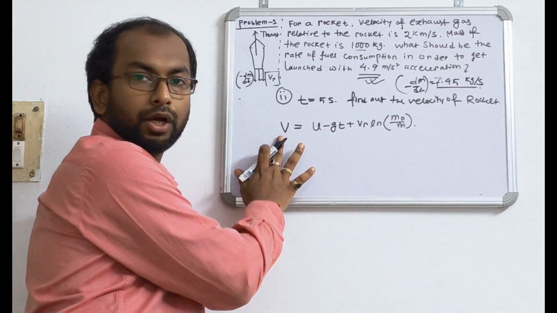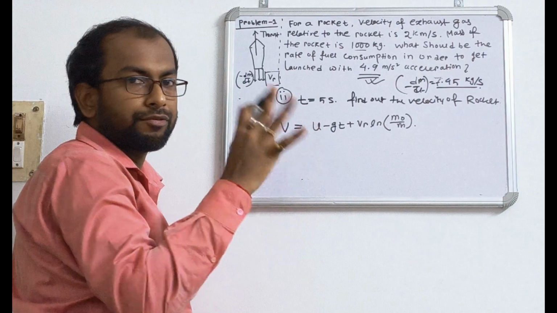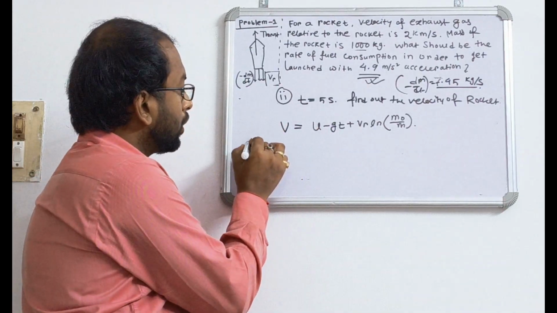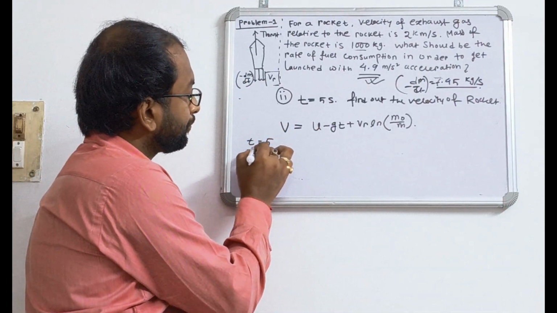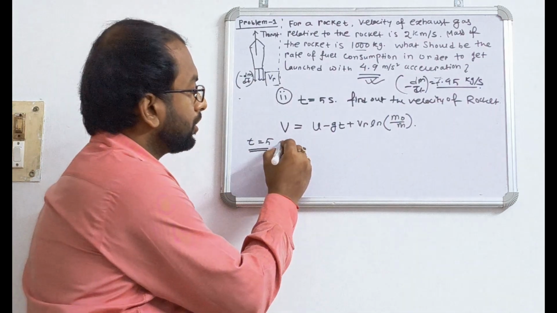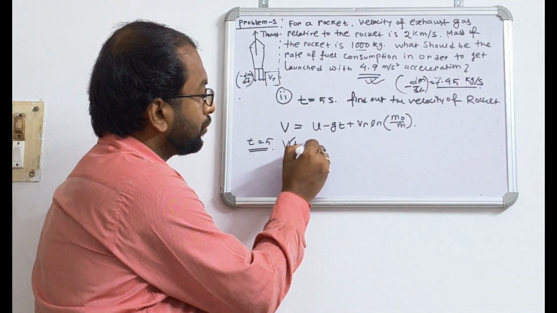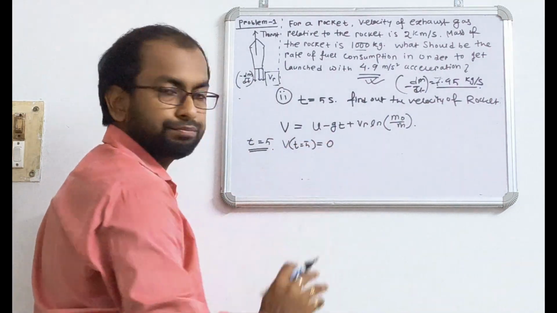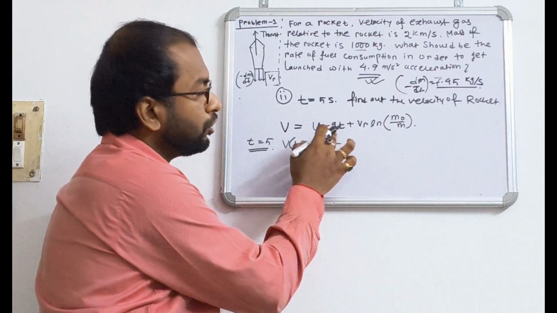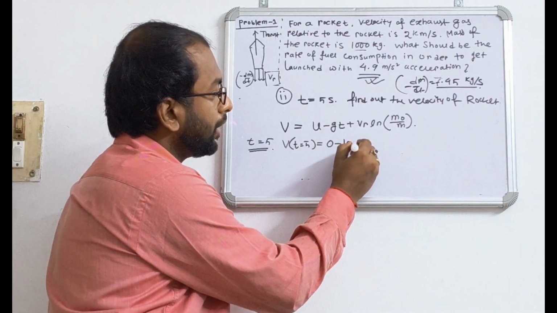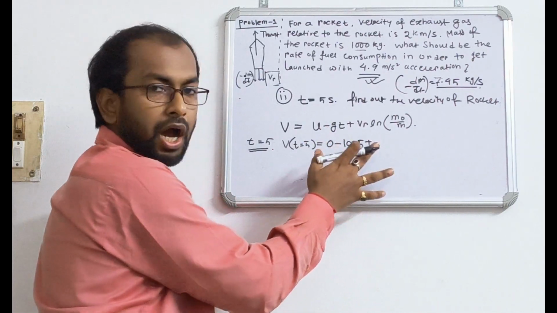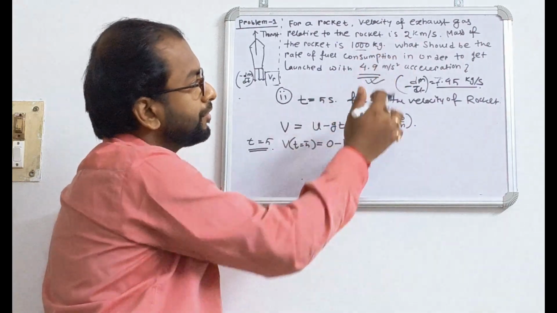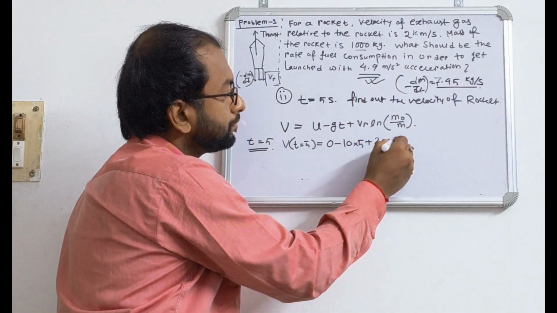I have to find the velocity after 5 seconds, so here we put t equal to 5. V at t equal to 5: initial velocity is 0, minus g, which is 10, into 5, plus Vr, which is given here as 2000 meters per second,